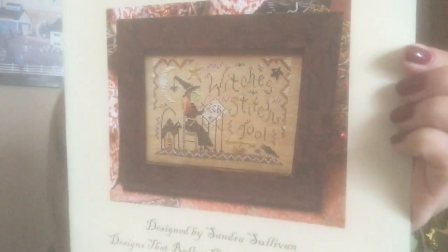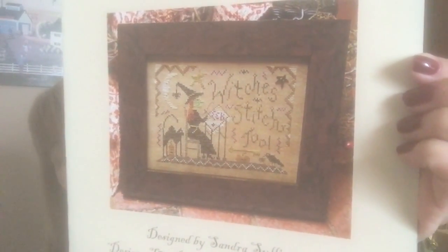The second one is by Homespun Elegance, which is stitched too, and I just thought this was too cute to pass up. And that will be a project for next Halloween. And the final one is by Homespun Elegance